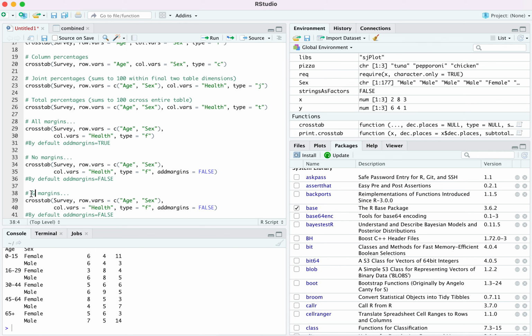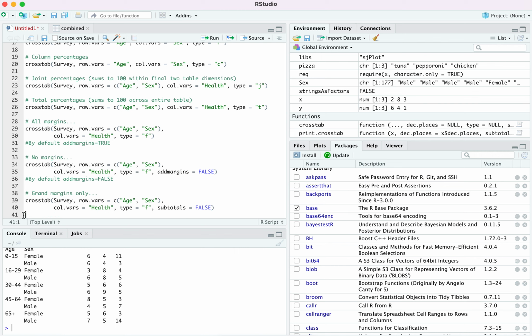Grand margin, I hope you know what I'm talking about right now. For grand margin only, so for grand margin, the subtotal equals to false. So this one,